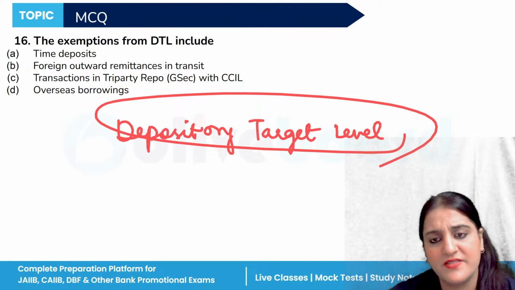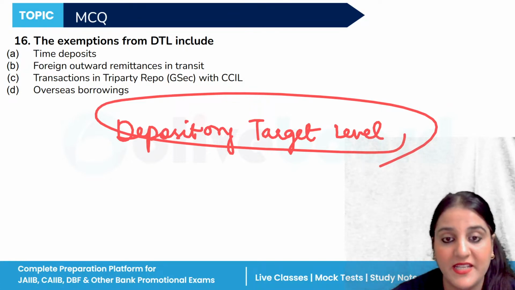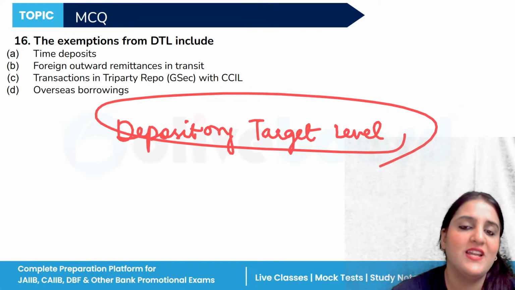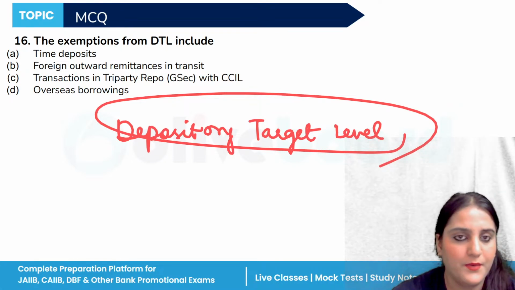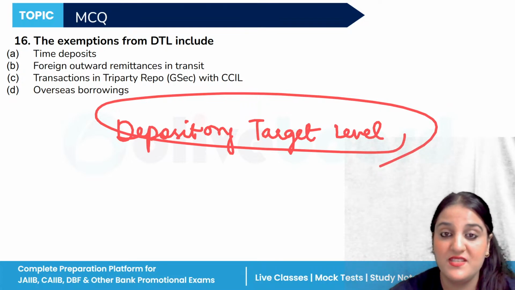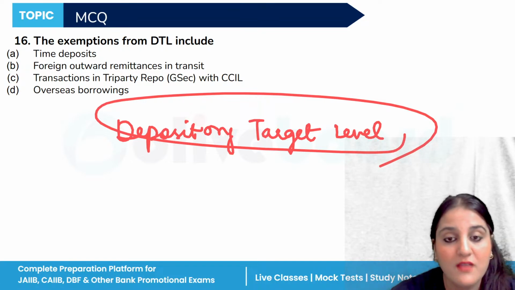And certain transactions for these deposits may be exempt from the DTL to encourage specific types of financial activities. Okay. And generally we can say the transaction in tri-party repo GSEC with CCIL is exempted because it